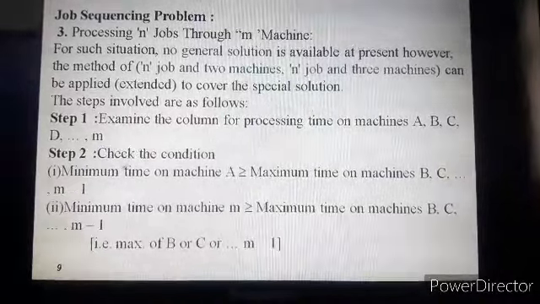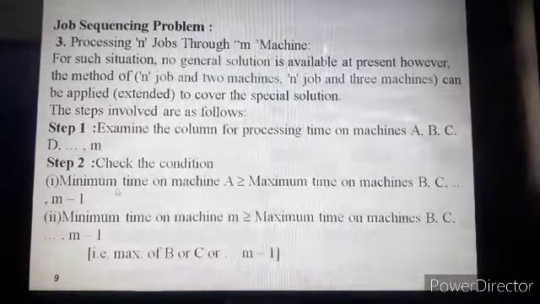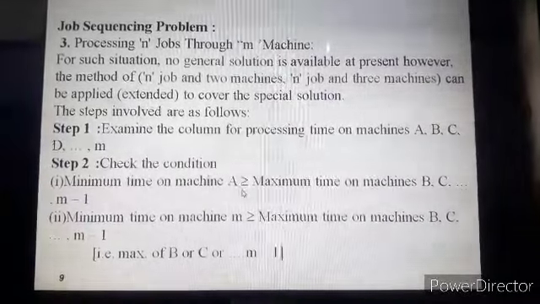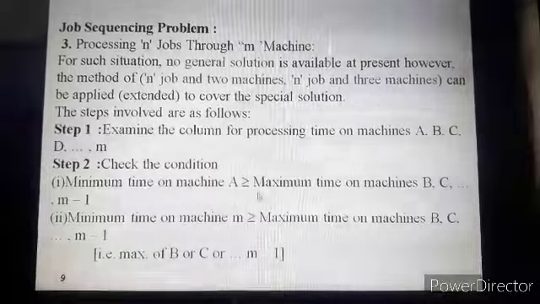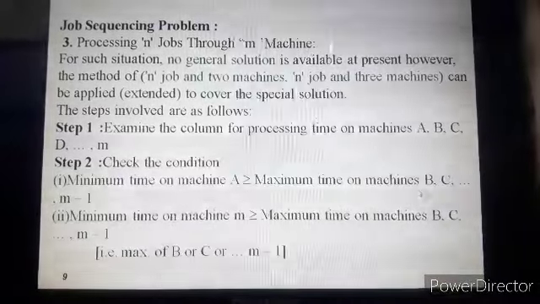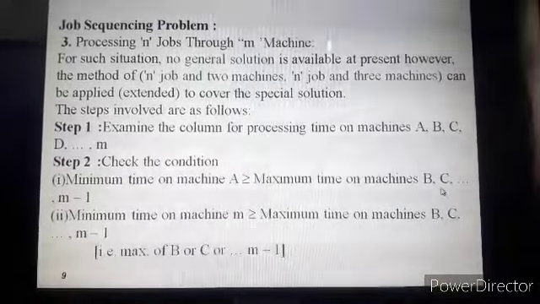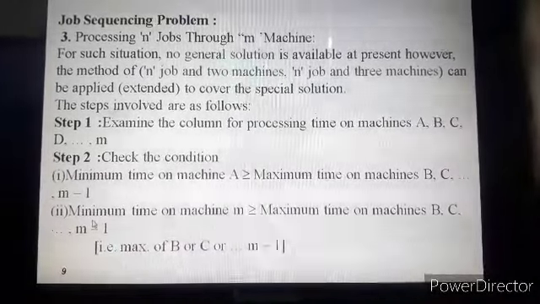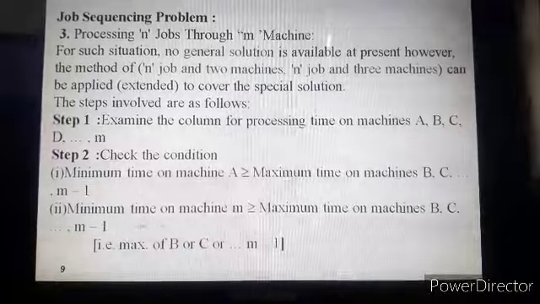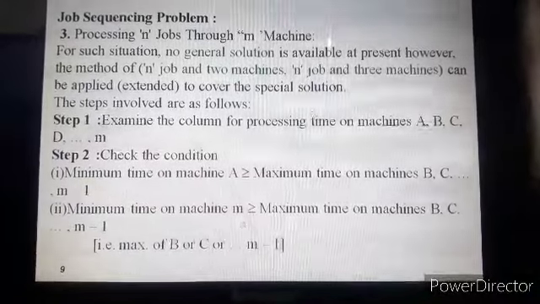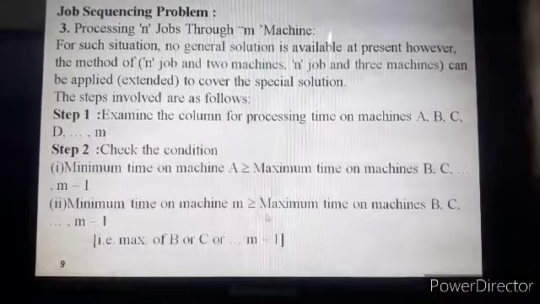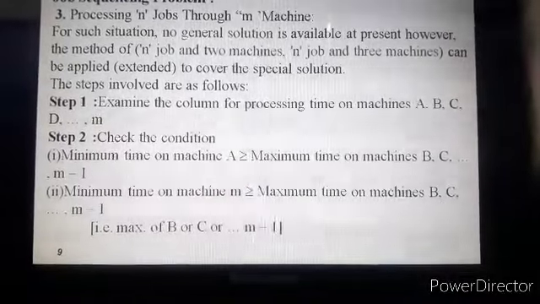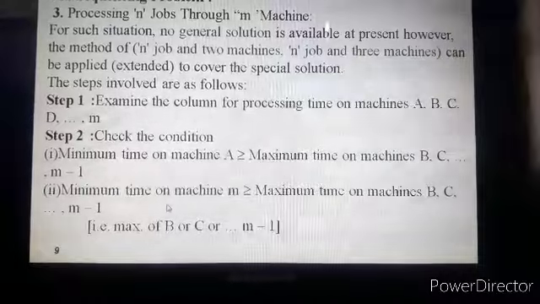Then we have to check the conditions. What is the condition? The minimum processing time on machine A should be greater than or equal to the maximum processing time on machine B or C or D up to M minus 1.